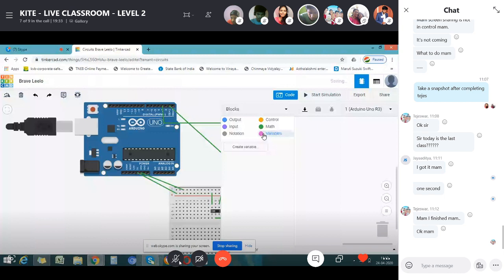Yeah, I have, and then I have given it the pin 1, so I am selecting pin 1, and then if condition, if I am making it,